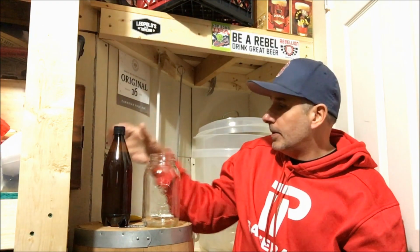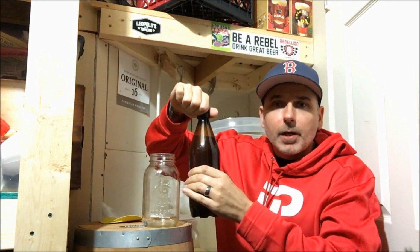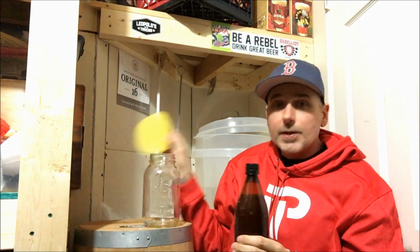Guess what? It's time to taste it. Yes, it's awesome. I'm excited. Okay, 2 weeks. I let it go for 2 weeks. It's obviously going to get better with age, but the bottle's nice and firm, so I'm thinking it's going to be pretty carbonated, right? So once again, this is a double IPA-ish because it's just creeping over the